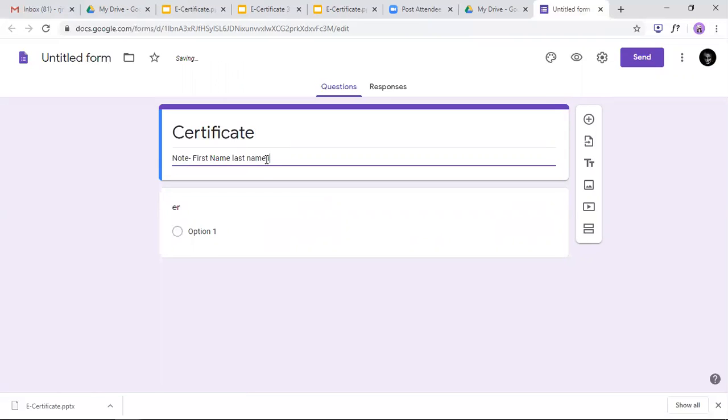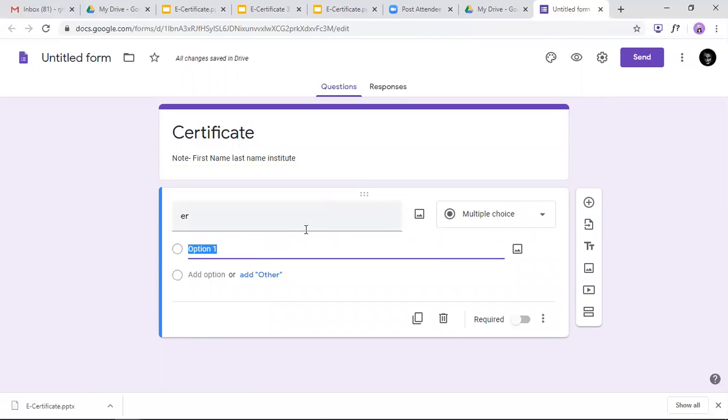And institution, and then the test of the Google Form will continue. This is the institute. You just have to put a disclaimer here: put your first name, last name, because this will be used for the certificates. And if you want to make it accessible to only people who have registered for the exam, or only people who can log in, you can do that also.